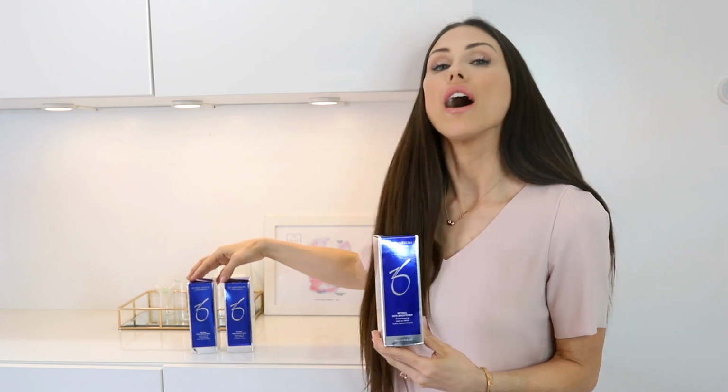Once you build up your tolerance to the 0.25 retinol, you can then graduate to either a 0.5 and then from there a full 1%. So not only is this retinol great for anti-aging, but I love it for anyone who suffers from hyperpigmentation. This is going to be part of your regime to suppress the melanocytes and break down both that deep and